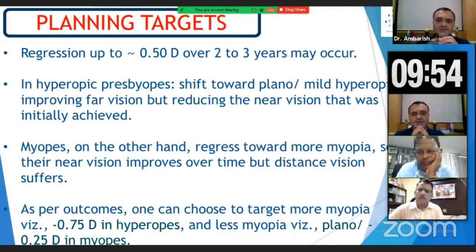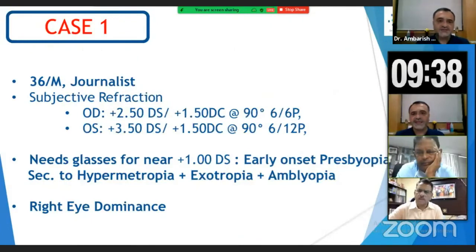So inducing the higher order aberrations post-operatively by doing a proscan will give you a very good intermediate and distance vision, as well as the near will improve to a certain extent. And a micro monovision kind of concept can be very well induced while treating myopia by these norms. So I would like to discuss the cases in detail.